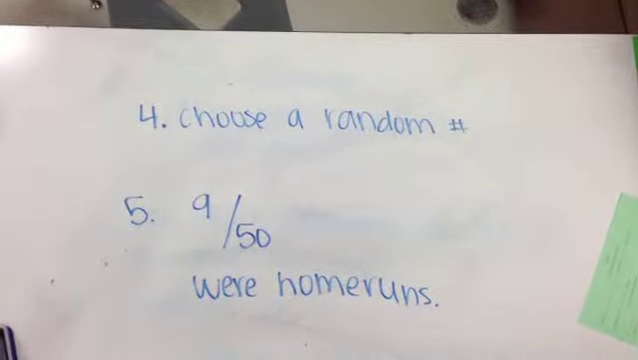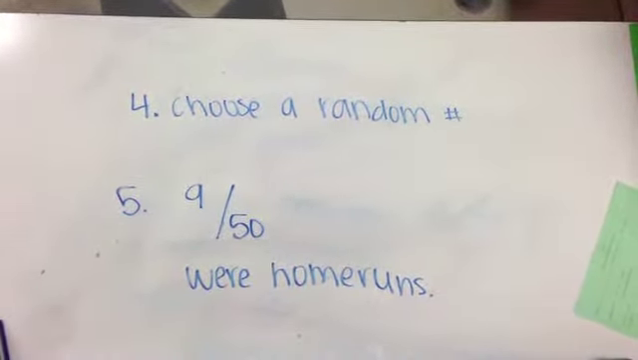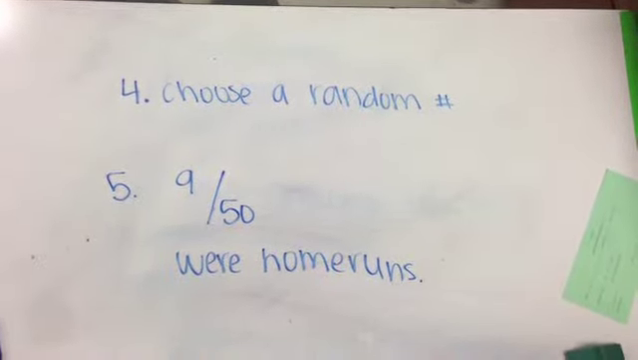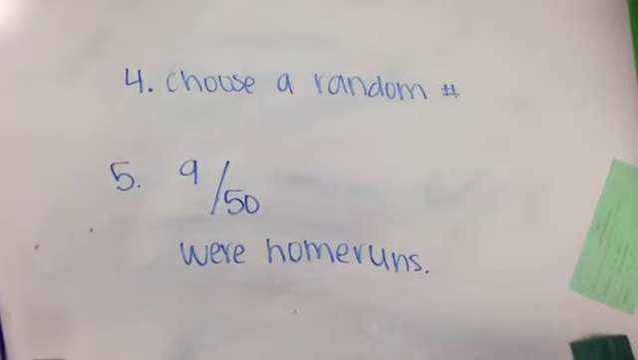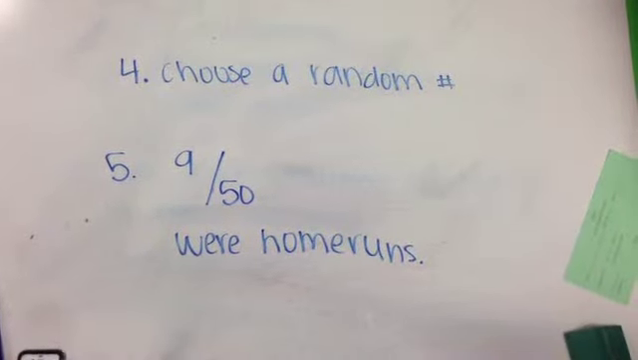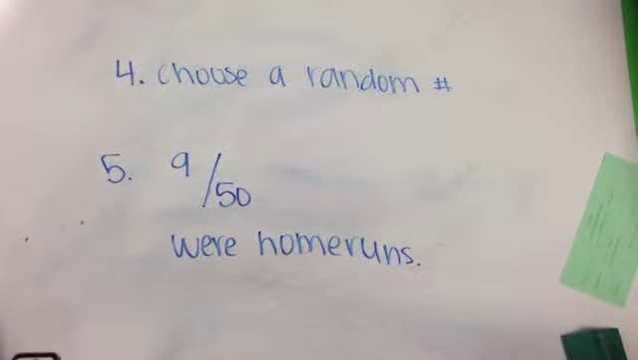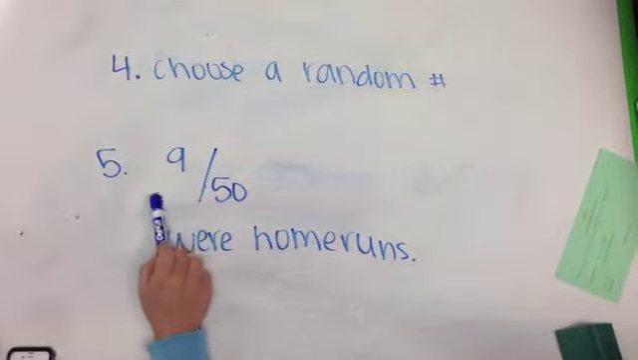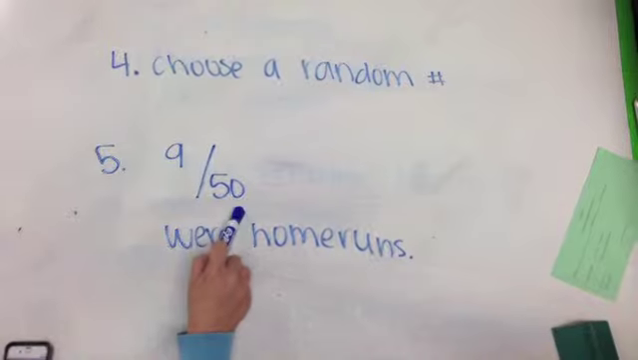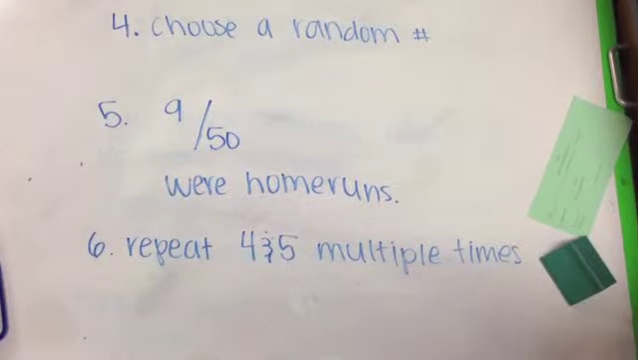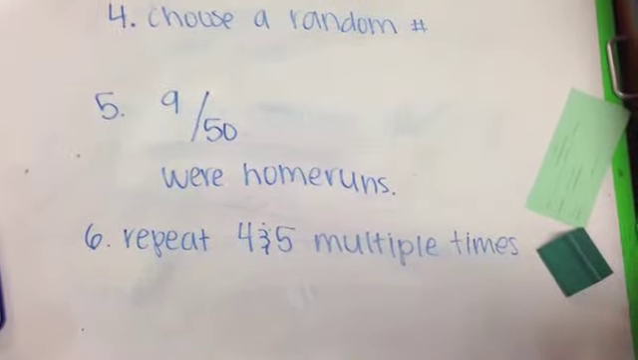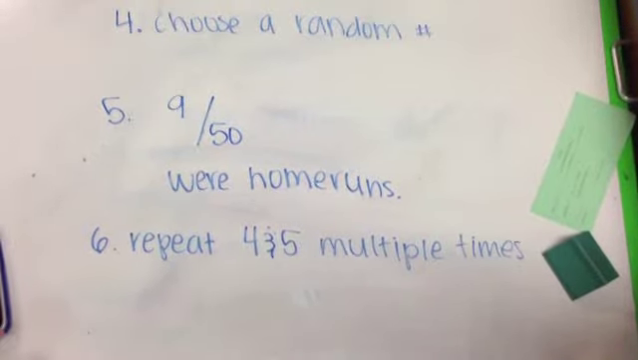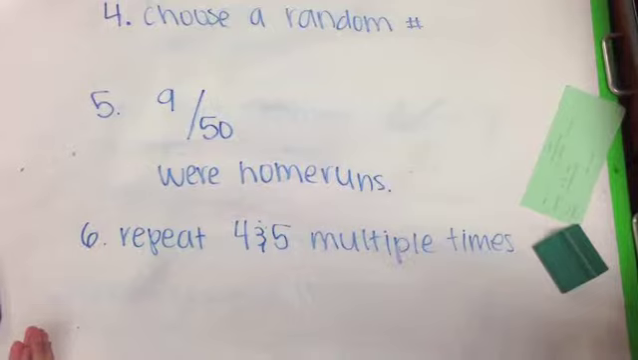So step 5, we're going to say based on the random number, note the simulated outcome. So when we did it in our calculator, we're going to go off those results. We found that there were 9 zeros out of 50. So that means that he got 9 home runs out of 50 tries. So step 6, you want to repeat step 4 and 5 multiple times. So maybe since we only did 50, you can do about